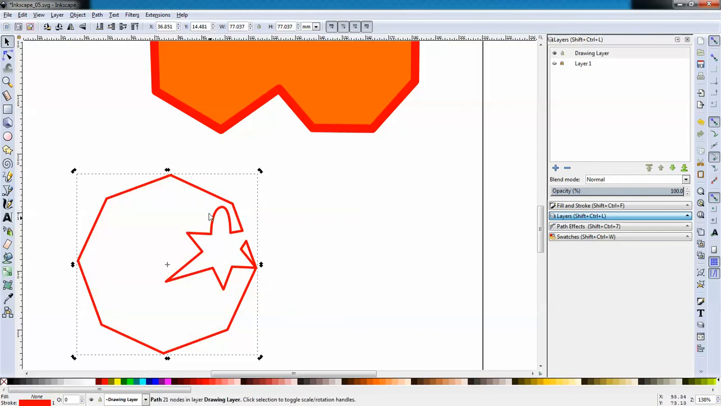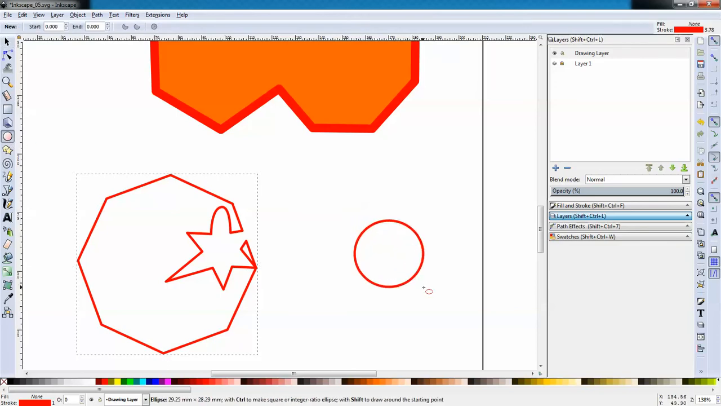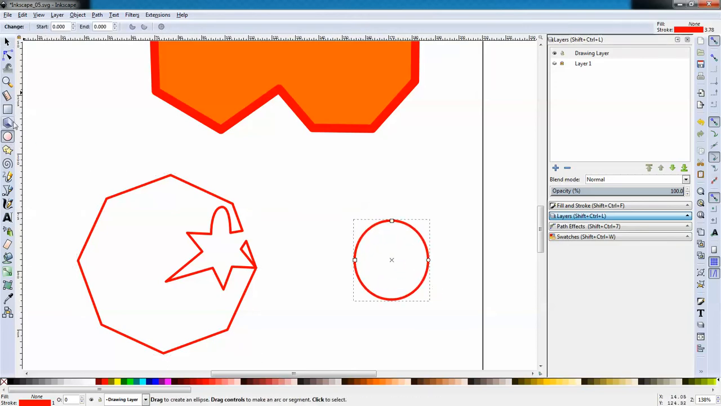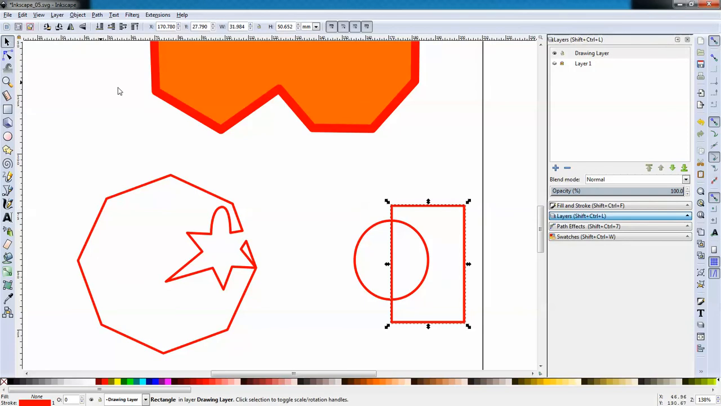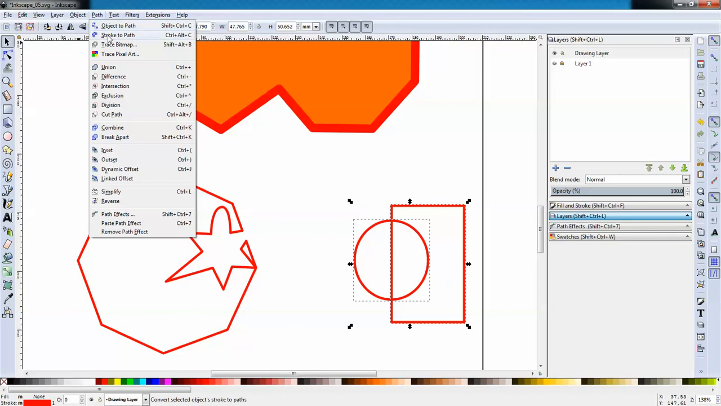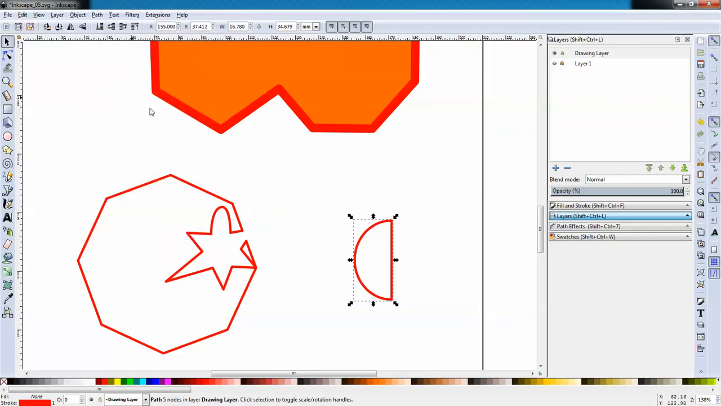Okay, so the next thing I'm going to do is I'm going to go to my circle tool, create a circle. I'm going to go to my rectangle tool. I'm going to create a rectangle that goes right to the center, and then I'm going to click on this, hit shift, click on this, and then I'm going to subtract those. So path, I'm going to do difference,